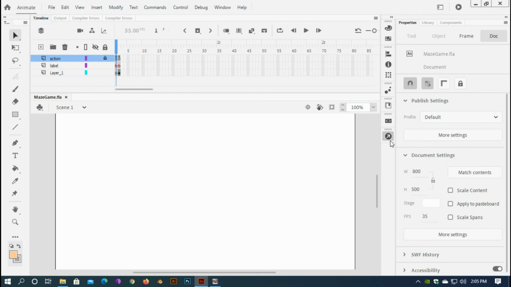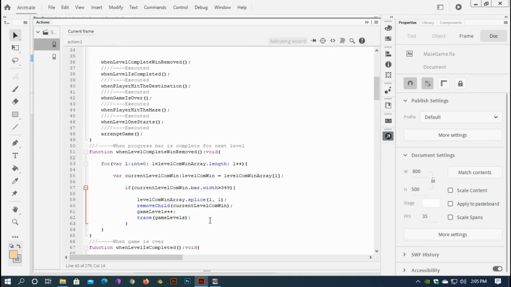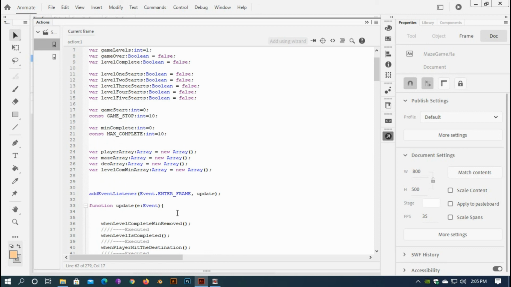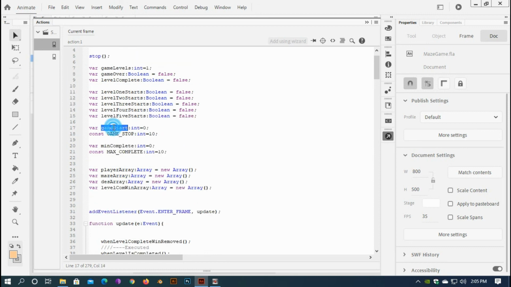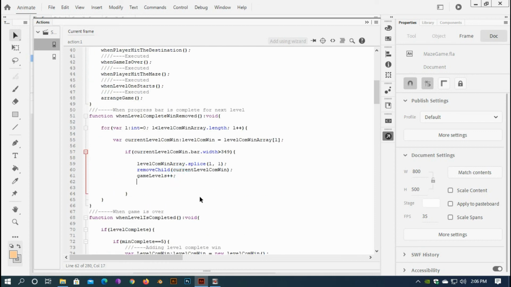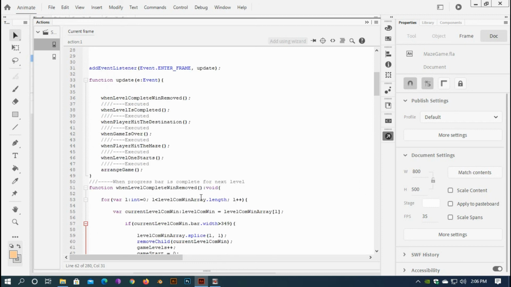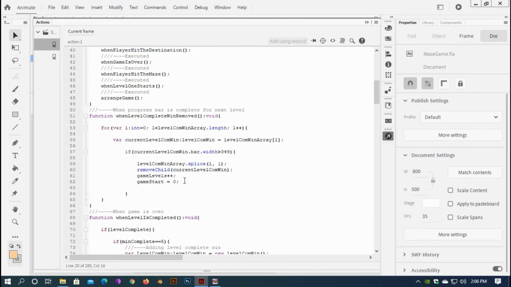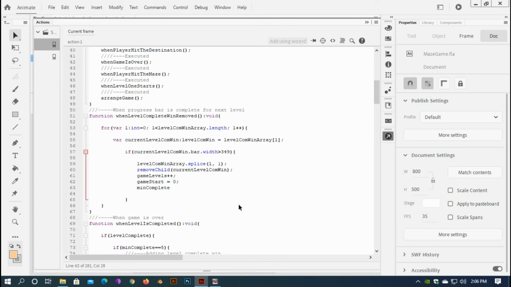That means I can make it for the next level, and also I don't need this trace any longer, and also this game start should be 0, and this min complete should also be back to 0,